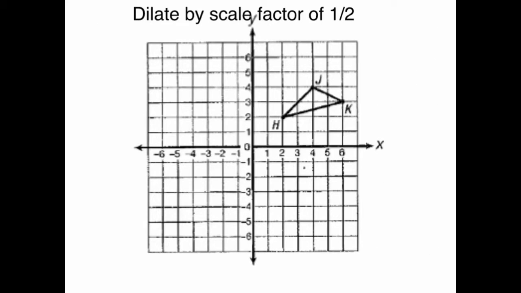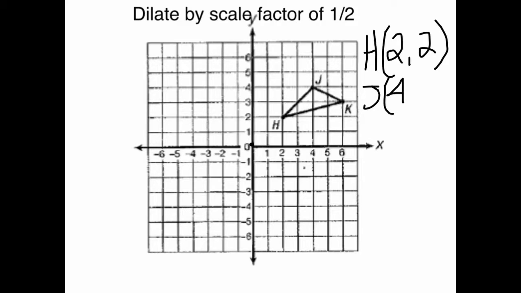All right, dilate by a scale factor of 1/2. We're going to do this about the origin, which means that all we have to do is multiply by our scale factor. First thing I'm going to do is write down the coordinates of each one of my points on my triangle. So H is at 2, 2. J is at 4, 4. And K